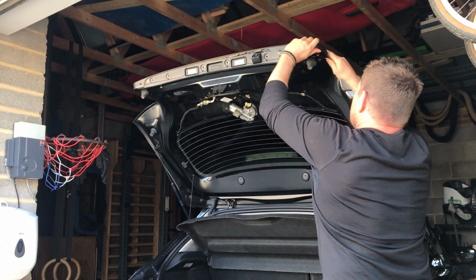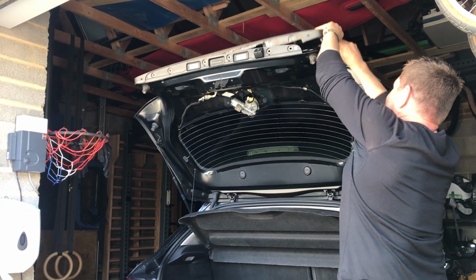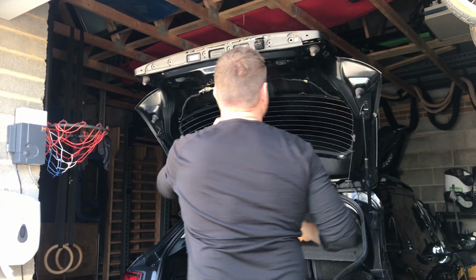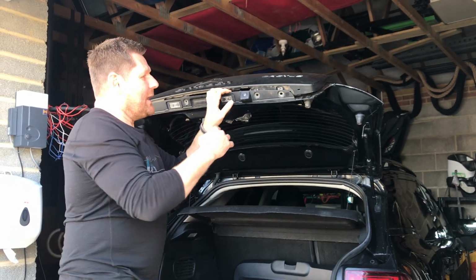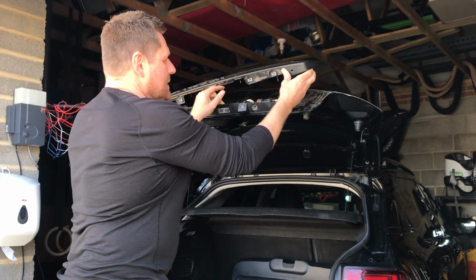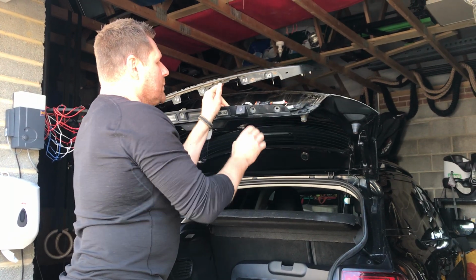I don't want to do this too many times, but I do want to do it so that I can show you how to do it. So, I'm just going to pop one side off for the sake of the demo, so that I don't tie up too much of your time. So inside of here we have,